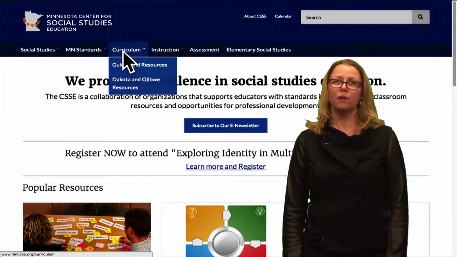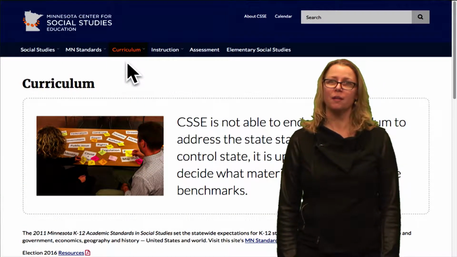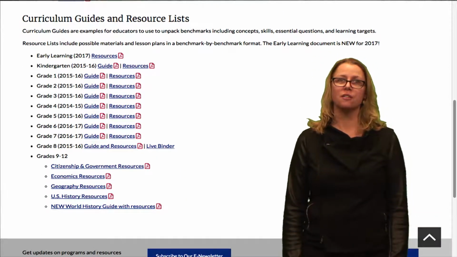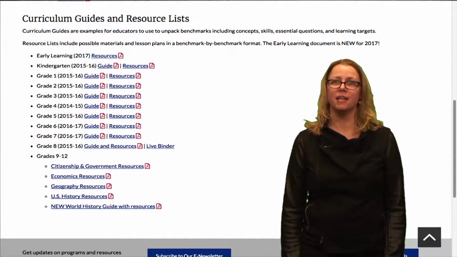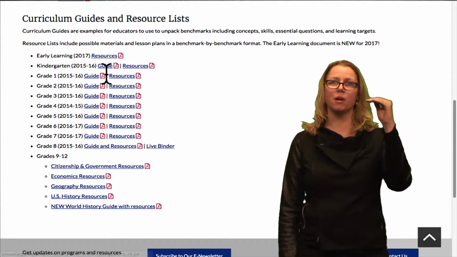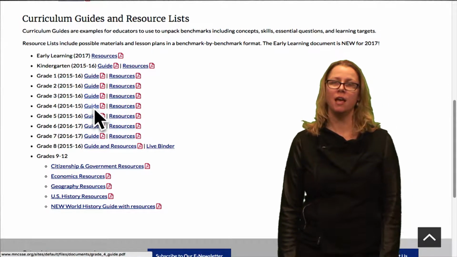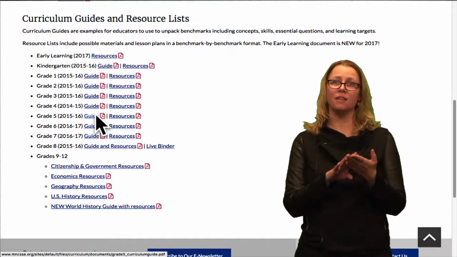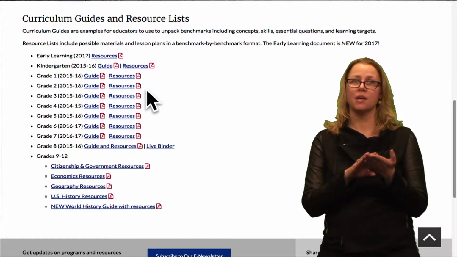I want to show you the curriculum guides. We have a series of curriculum guides that were designed by a team of Minnesota teachers at each of the grade levels in elementary school. We have a curriculum guide that takes you through benchmark by benchmark, all of the social studies benchmarks. It outlines the concepts, the skills, the essential questions, and the learning targets that you could use for each of